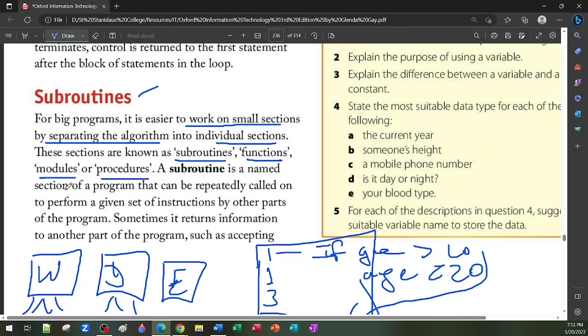So a subroutine is a named section of a program that can be repeatedly called on. This is another reason why we use subroutines, so that we can repeatedly call and use this section. Remember, once again, I said before, we do not duplicate. We loop. We repeat what was already created. So here,